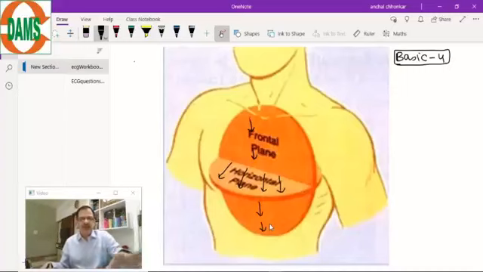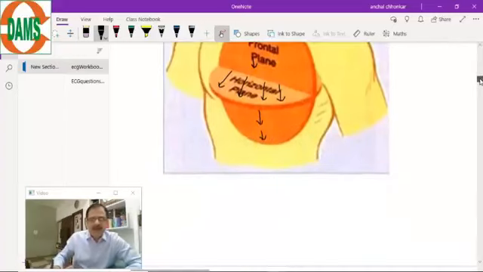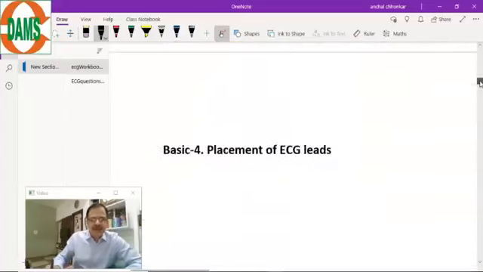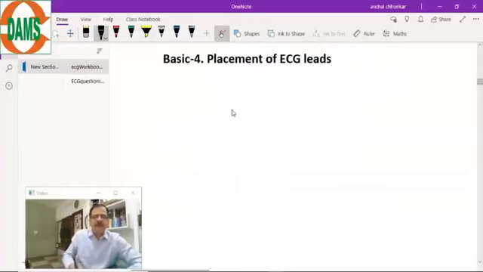So this is just a diagram to help you understand how the current is traveling in the heart. So starting with the basic number 4, and basic number 4 is the placement of the ECG leads. So this is our basic number 4, placement of the ECG leads. That means, now this you can write it down, to detect